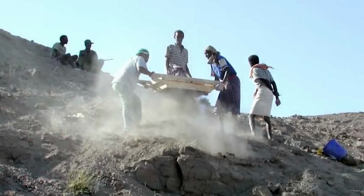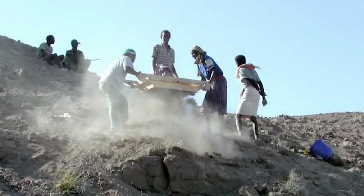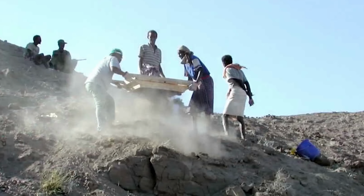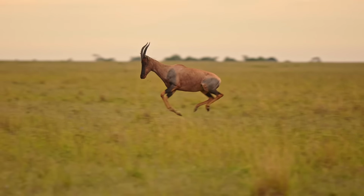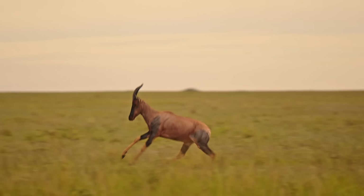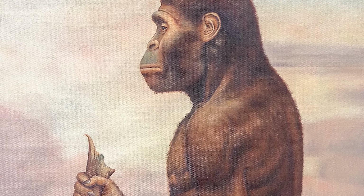In 2009, the Dikika paleontological site in Ethiopia rewarded scientists with a broken femur of a young bovid, possibly an antelope, that bore several unique marks along its flank. These were not randomly inflicted by a careless Australopithecus, but were in fact linear cut marks inflicted with the intent of splitting the bone at a certain point. Other marks on the femur may indicate that a stone was used to crush it,